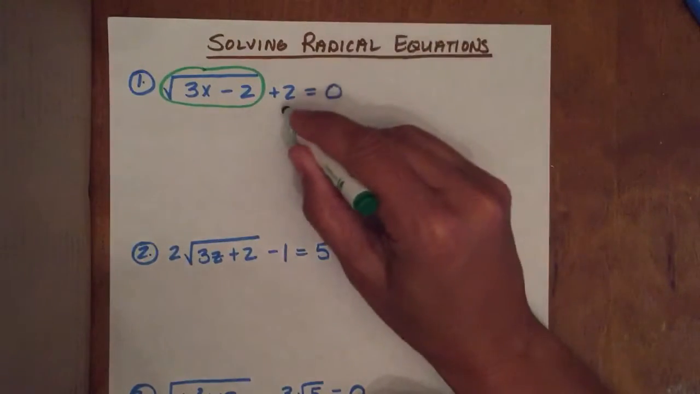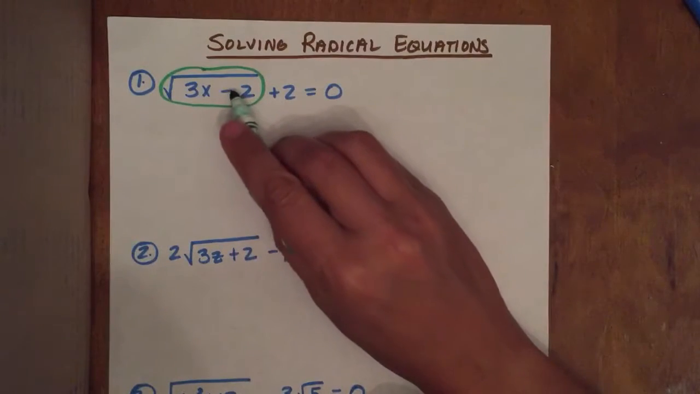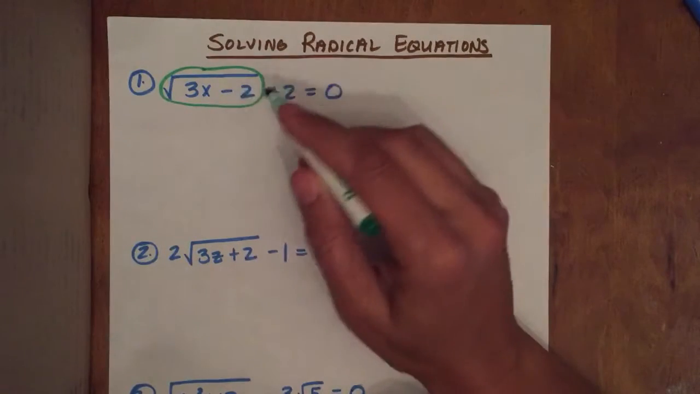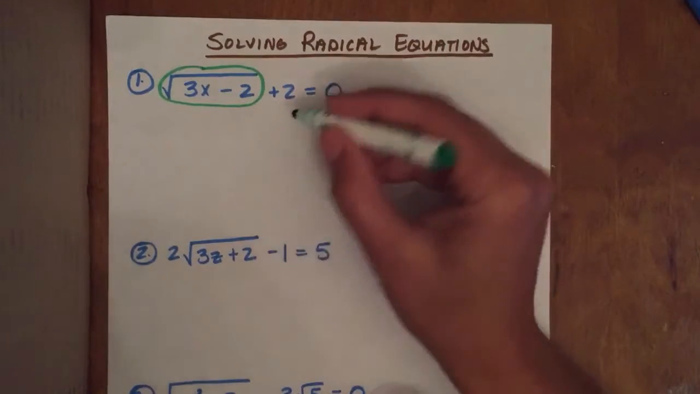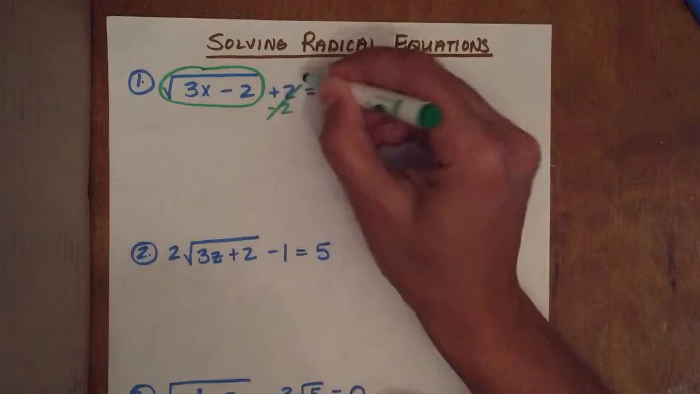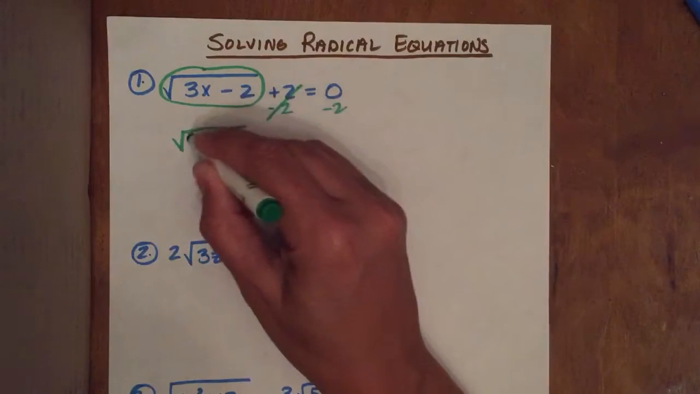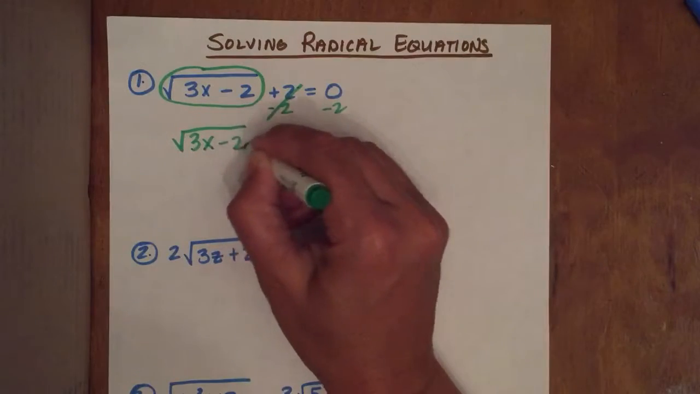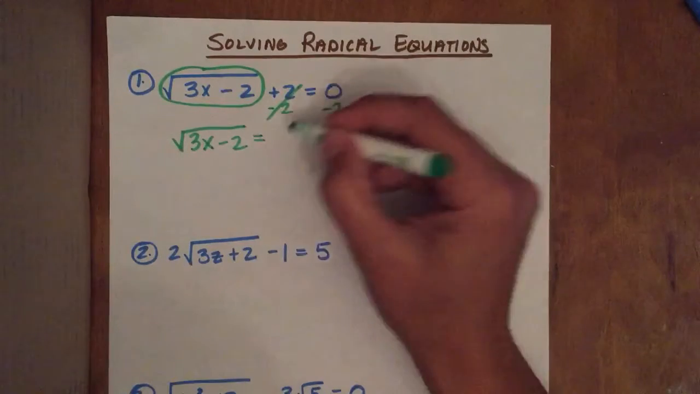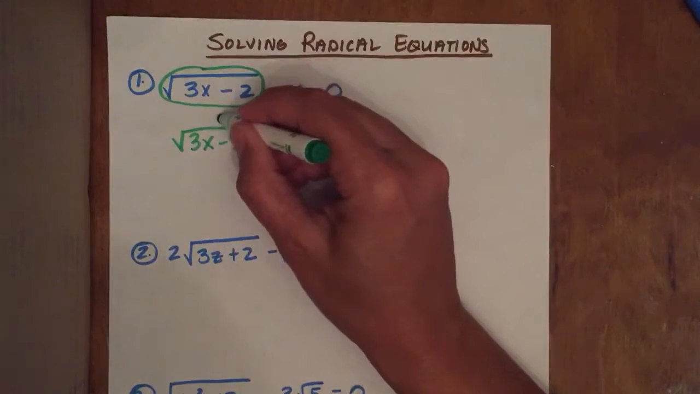So the first thing I'm going to look at is I have this plus 2. Well, I want to get the radical expression all by itself. So I'm going to take this plus 2 and subtract it. What that's going to leave me with is my radical expression, which is the square root of 3x minus 2. And on the other side I have negative 2. Once again, I'm going to circle it